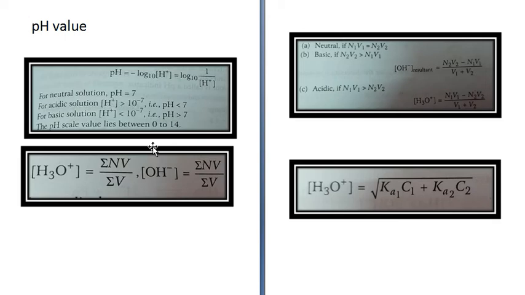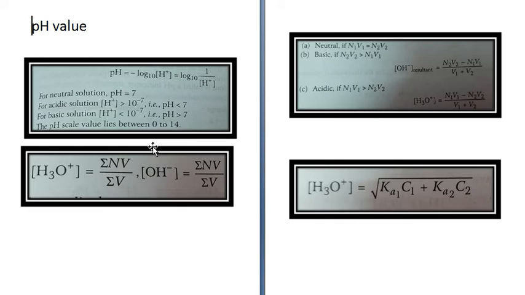With increase in temperature, the dissociation of H2O molecules increases, that is, H+ and OH- concentrations increase, so the ionic product increases with increase of temperature. Further, as H+ increases, pH will decrease with increase of temperature. At 273 Kelvin, Kw is equal to 10^-15, so the pH of a neutral solution at this temperature is 7.5 and the pH scale is 0 to 15.